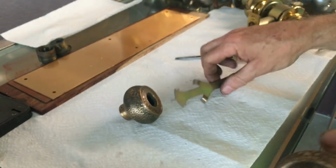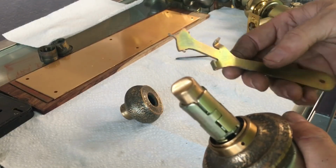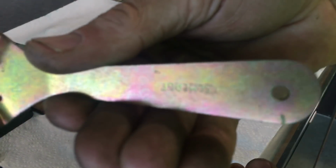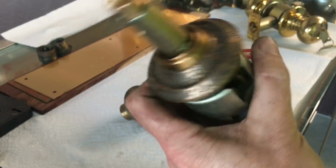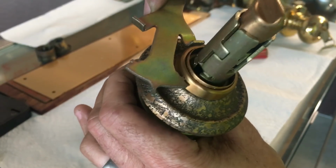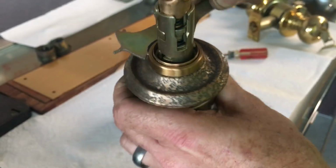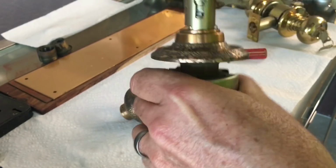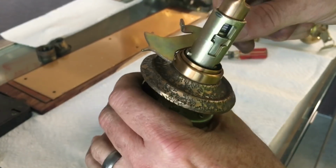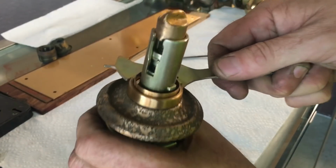it is not made to come apart, which is where this tool is introduced, and this comes with this brand of lock. It's very common to see this in other brands as well, but this one is specifically for Schlage because it says Schlage. But you come up to the door, hook this into the hole, and then put your leg of the tool there, and in this case I'm tightening it on the door. And you have to be careful not to let this slip, so kind of focus on what you're doing,